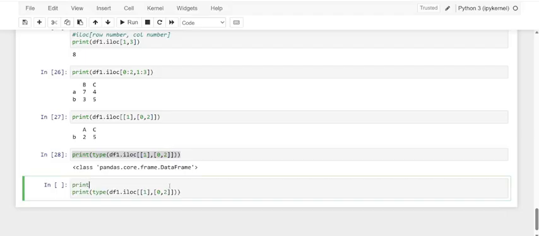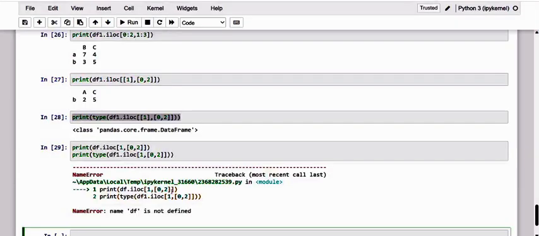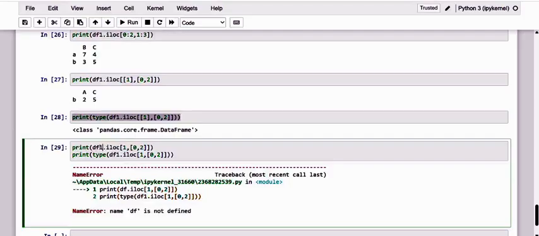So print of df1 dot iloc, and I give 1 comma 0 comma 2 inside.